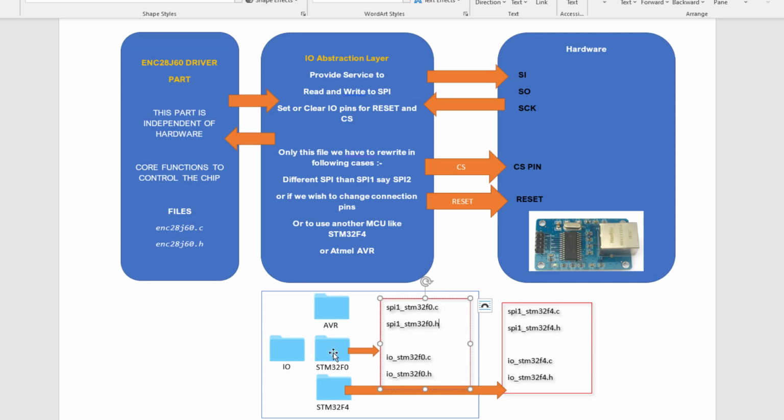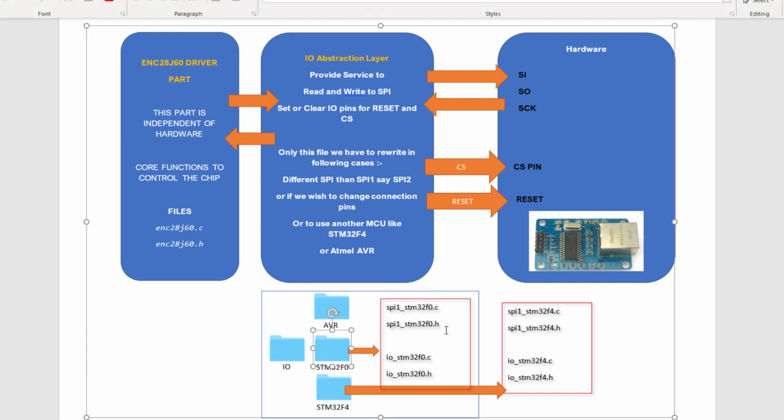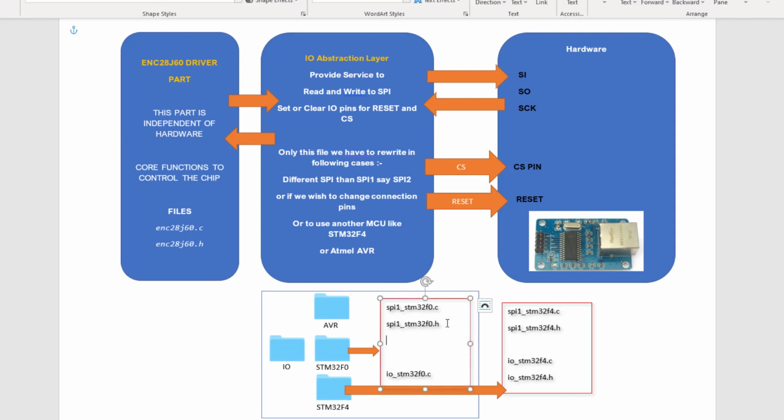But this time, as we are targeting the same microcontroller with just a different SPI port, we will keep this set of files under this STM32F0 directory only. Here we will create the new set of files, and we will change SPI1 to SPI2, so this will target the SPI2 port in place of the SPI1 port.